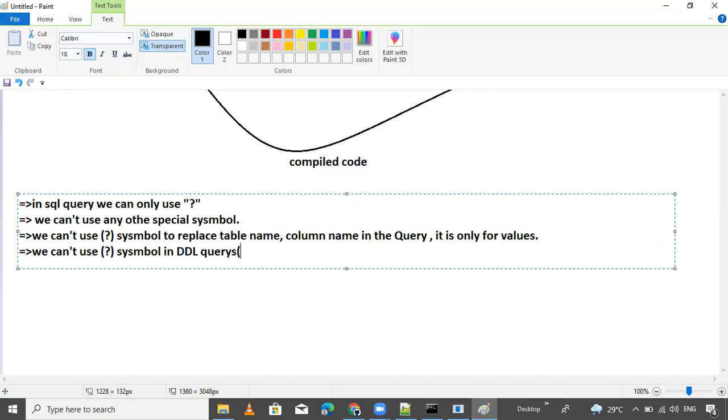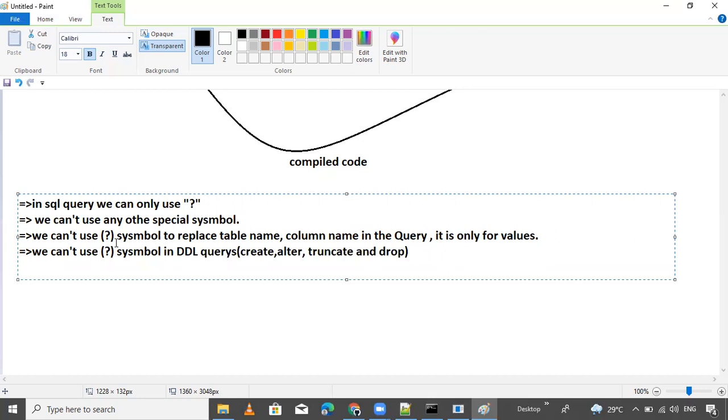DDL queries means like alter, truncate, and drop. Okay. Data Definition Languages.